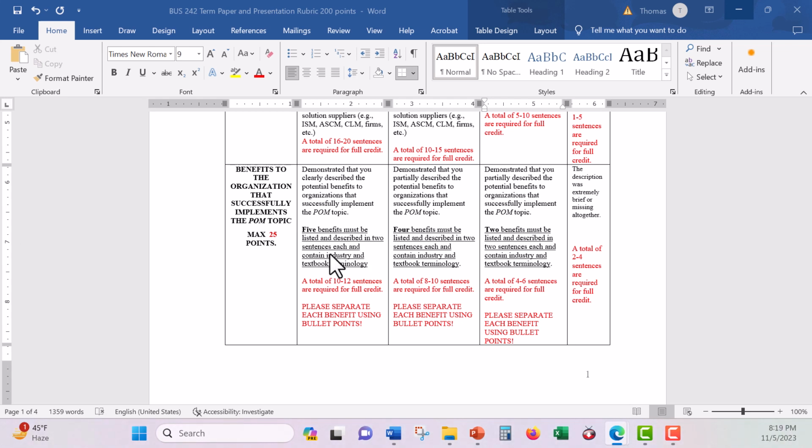So 5 benefits must be listed and described in 2 sentences each and contain industry and textbook terminology. A total of 10 to 12 sentences are required for full credit. All right. Please separate each benefit using bullet points. This is very important. You're going to get points off